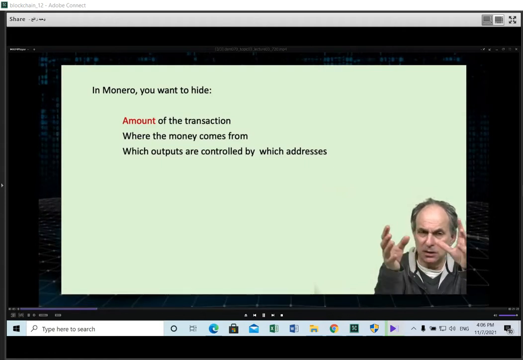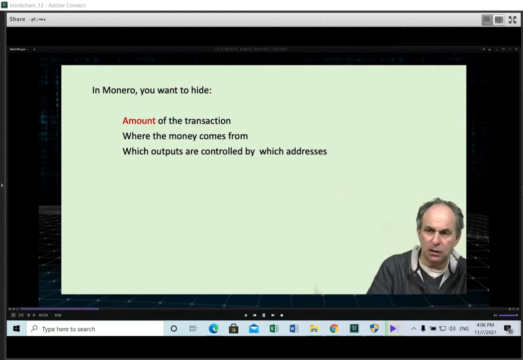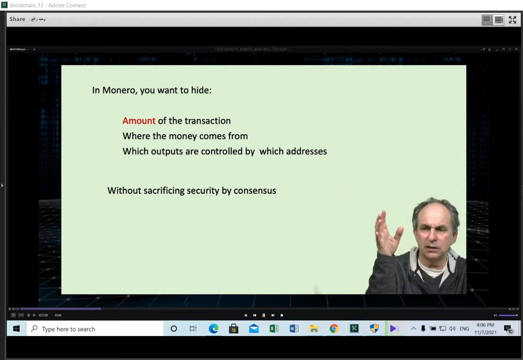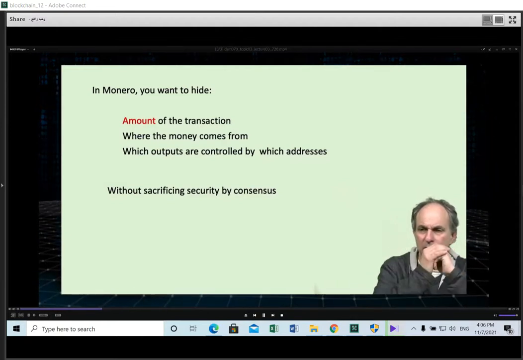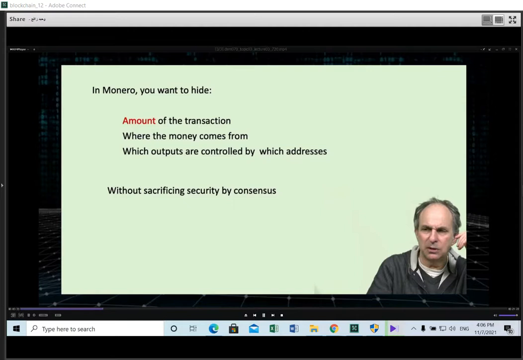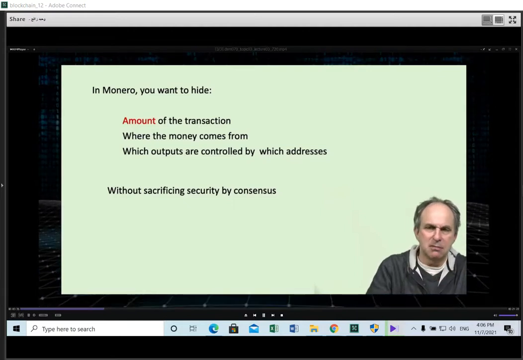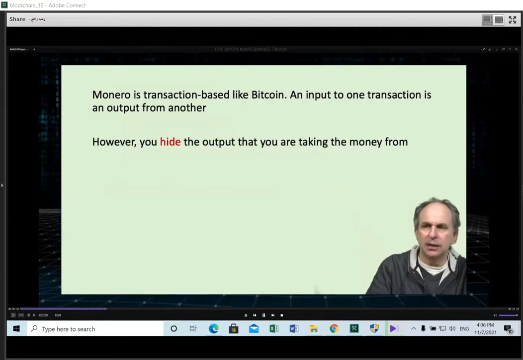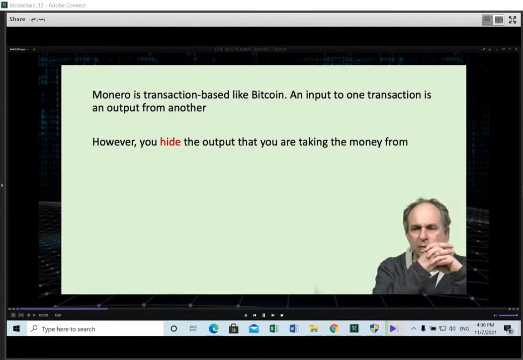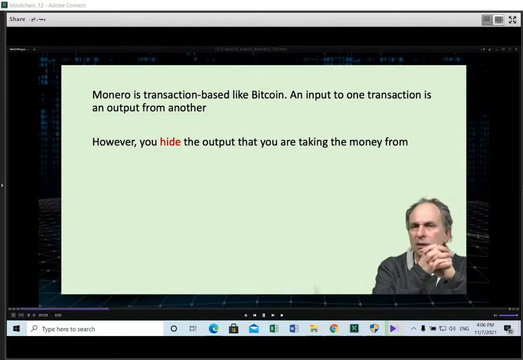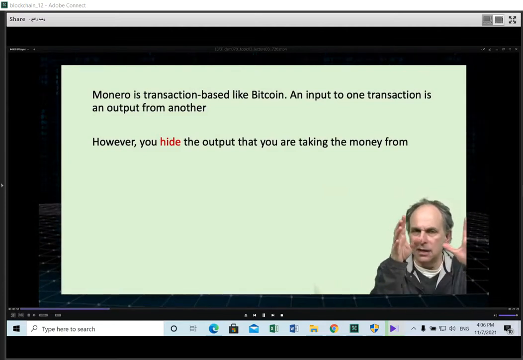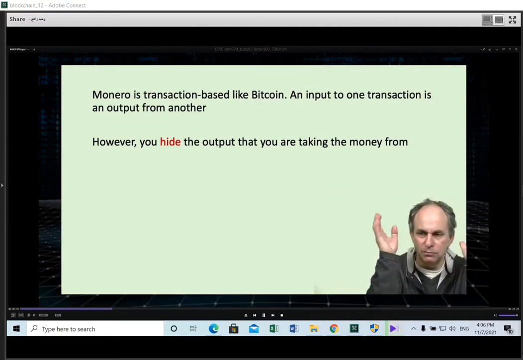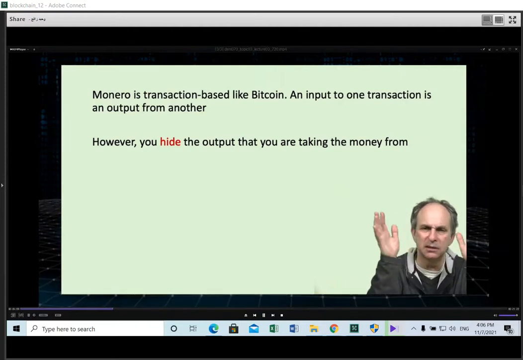Okay, let me just give you a clue. The clue is you hide outputs among other outputs. Okay, we'll see how this works. So Monero is transaction-based, like Bitcoin. So in that sense, it's more like Bitcoin than like Ethereum. An input to one transaction is an output from another. So that's just like Bitcoin, right? However, what we're going to do now is hide the output that we're taking the money from. The way you do that is you say, okay,